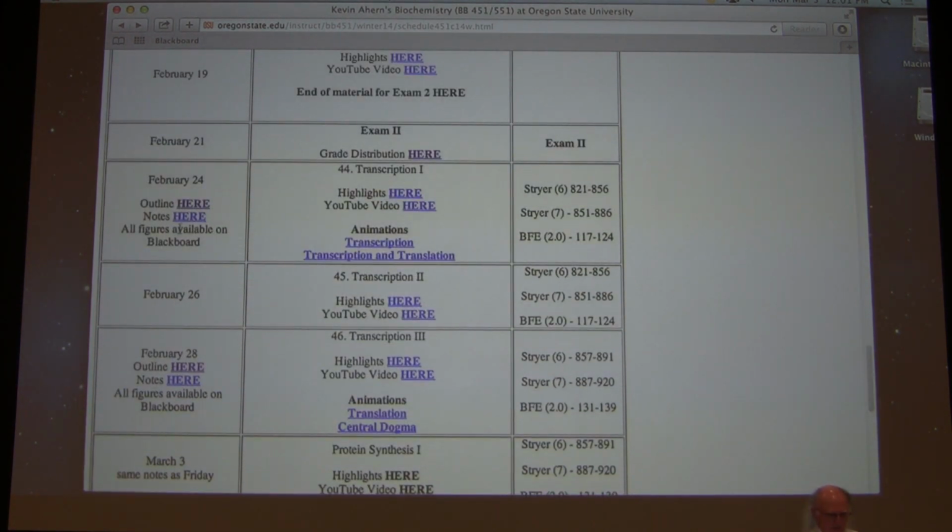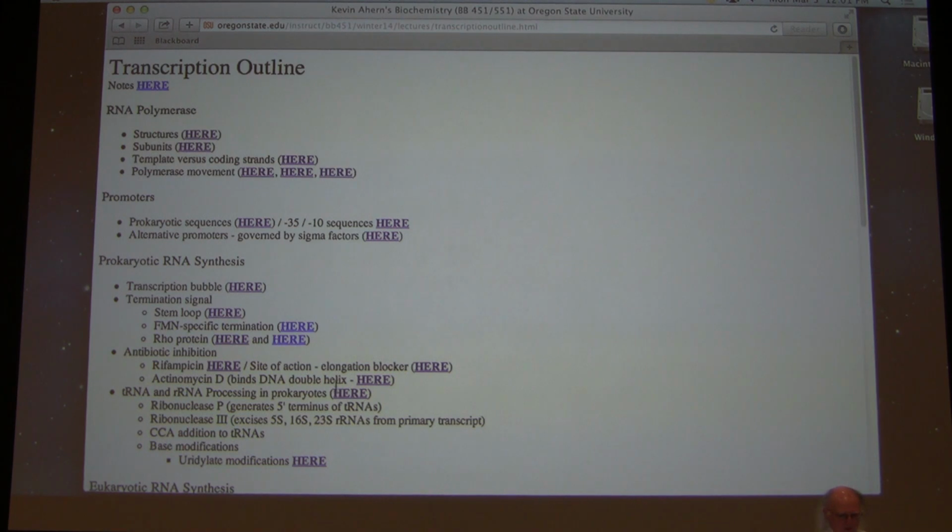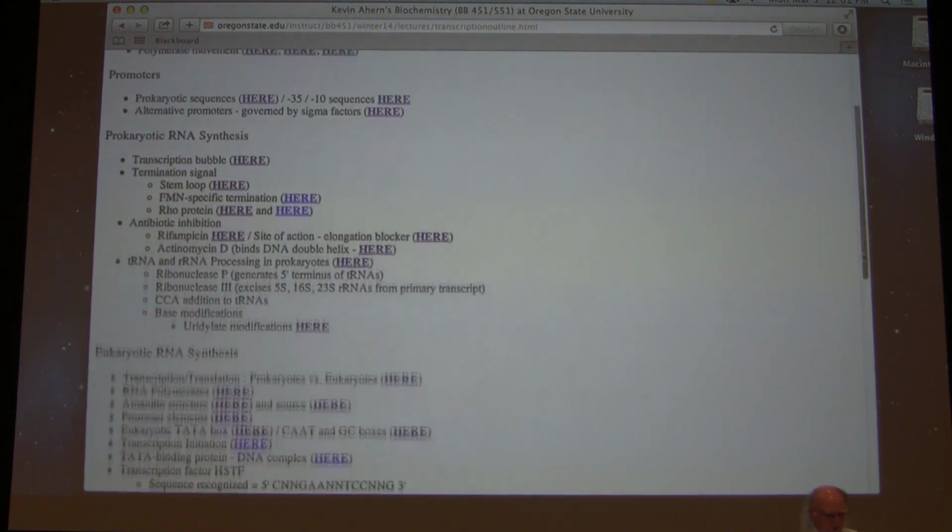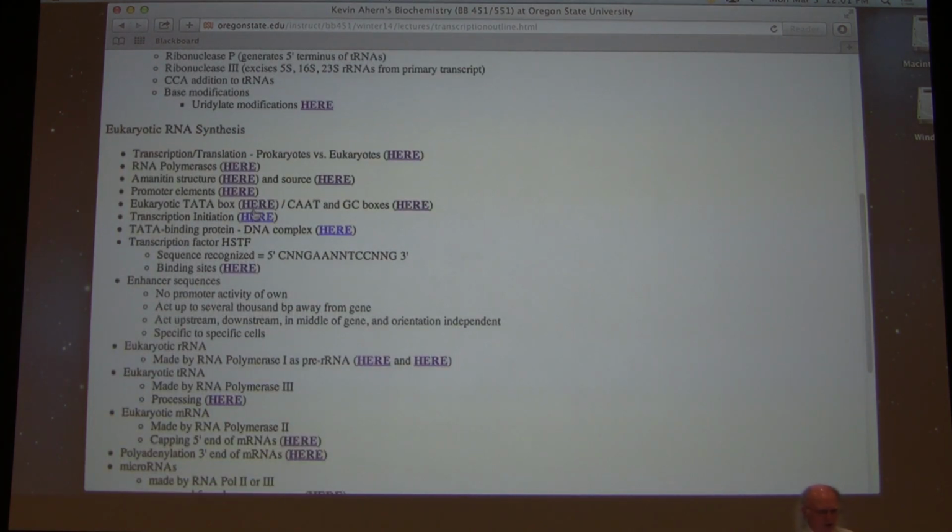I've got one last thing I want to say about transcription very briefly, because I overlooked it inadvertently last time. And then we can talk about translation. And that was having to do with transcription initiation in eukaryotes. I didn't look at my notes carefully when I was speaking last time. So I want to say just a little bit about the initiation of transcription in eukaryotes, because